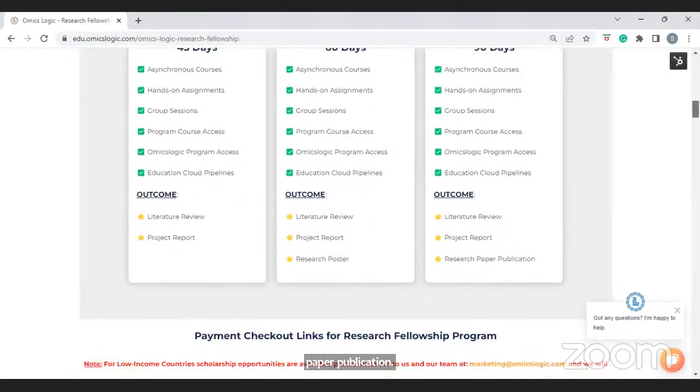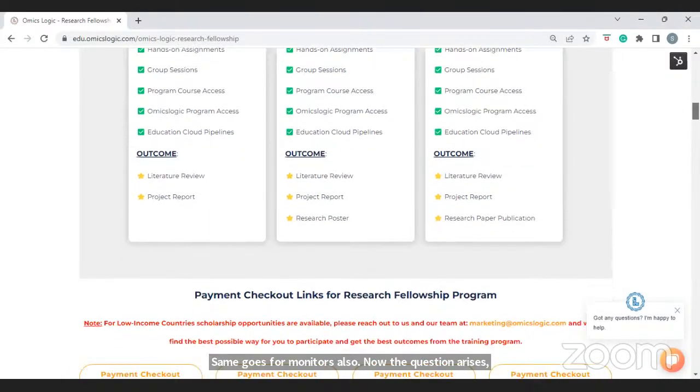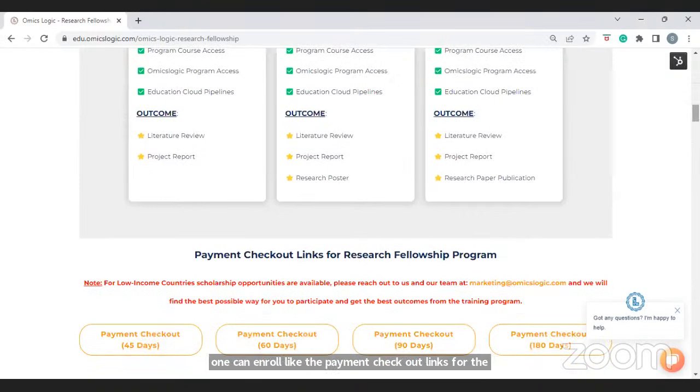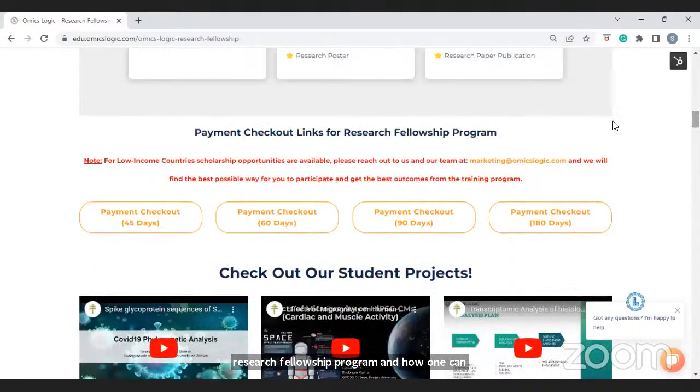Now, the question arises how one can enroll, and the payment checkout links for the research fellowship program, and how one can proceed with the payment. So here we have provided all four payment checkout links. And if anyone is from low income countries, scholarship opportunities are available, and you can reach out to us at the mentioned email address, that is marketing@omicslogic.com, and we will help you in the best possible way so that you can enroll in this particular program and get started with the training and the research